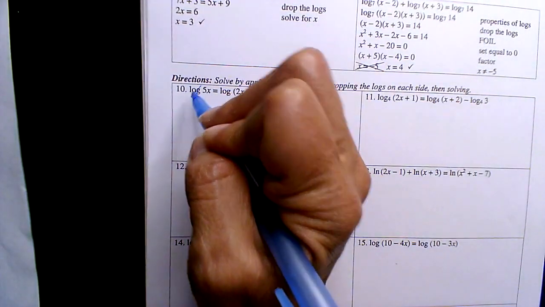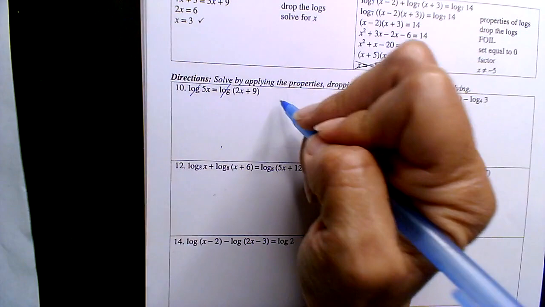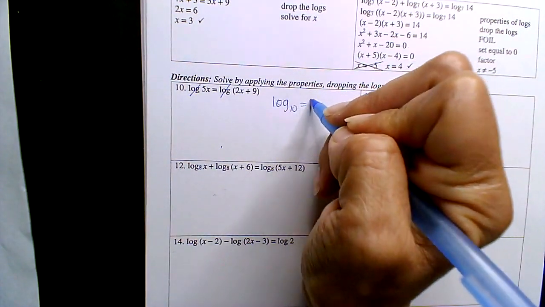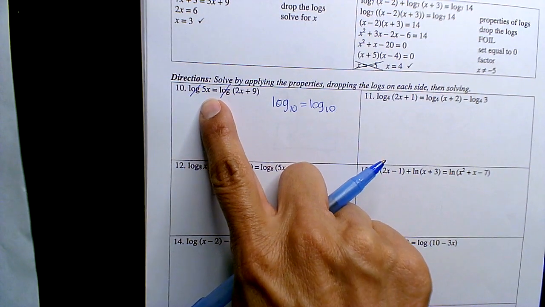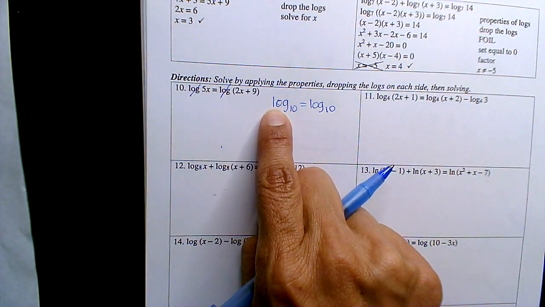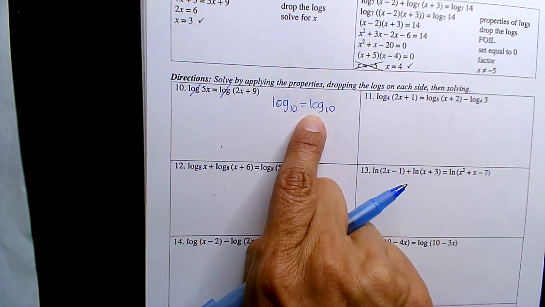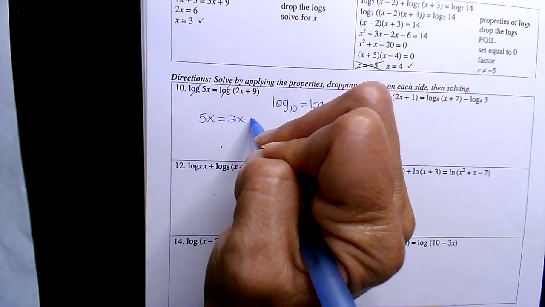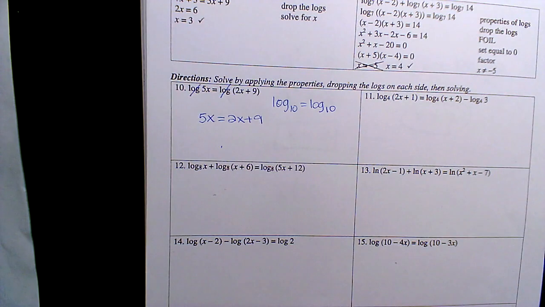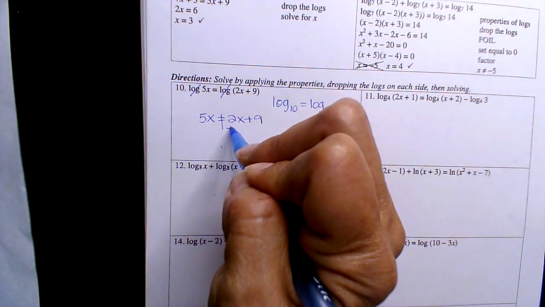The base is the same because they're both log base 10, and since they're set equal to each other, and I have one log on the left and one log on the right, I can now drop it and just solve a regular equation. And it's just a 2-step equation. And so you get